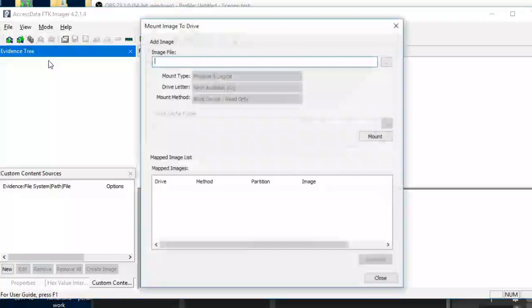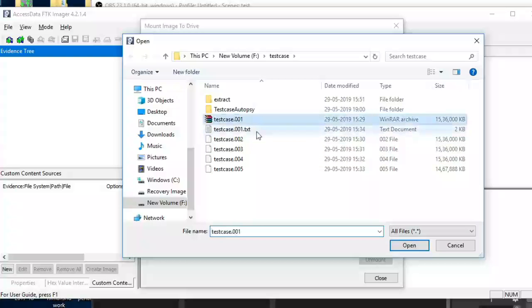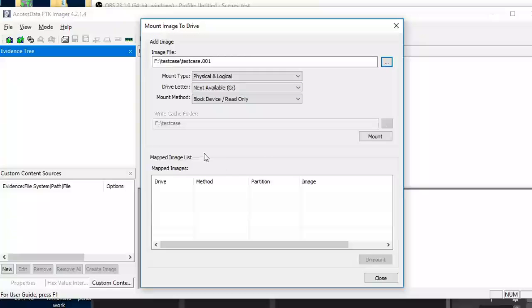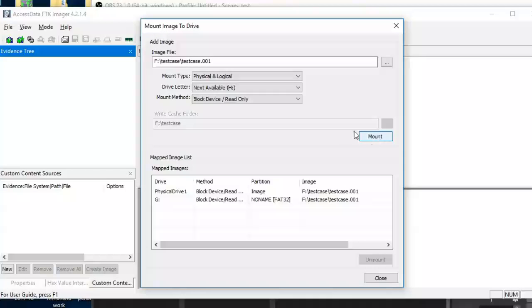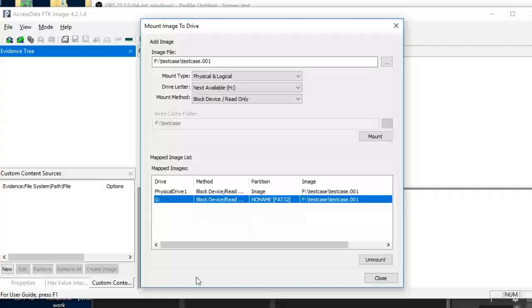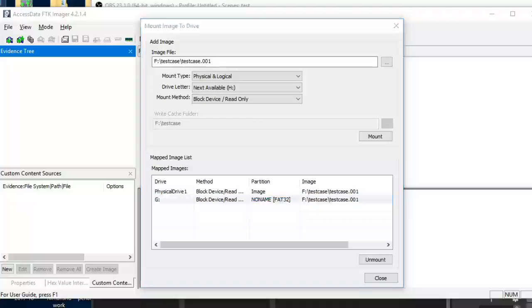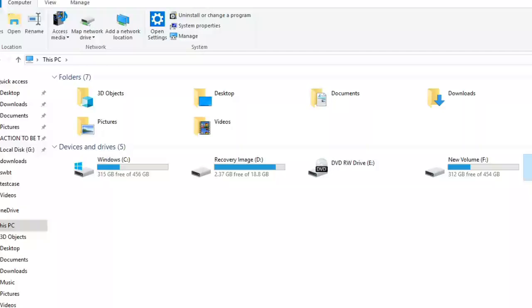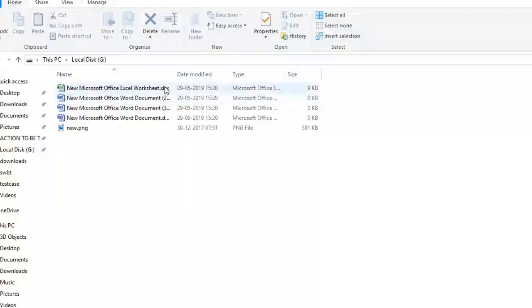We will find the place where that file is. Here it is in F. In our case on the premises, it will be a separate hard disk. You will load that image name through there, and then you will mount it. After you mount it, you will get a drive, here the G drive. Now you can open it, and that will be the drive image of the SSC's drive. So in the G drive you can see all these files that were at the SSC's place.